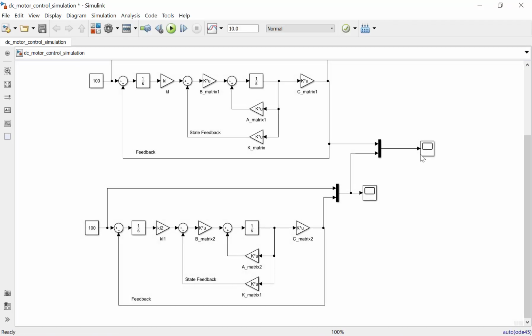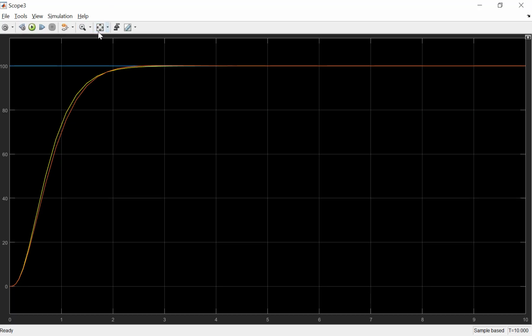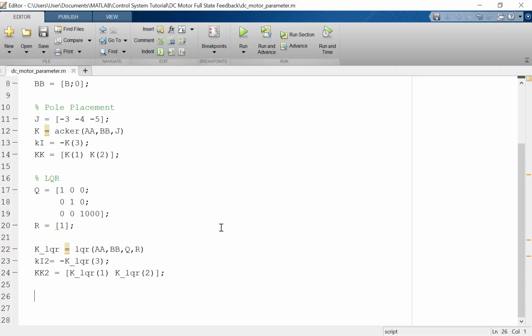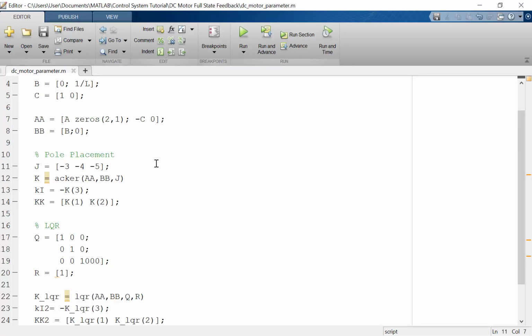The simulation is finished. We can see here the set point, the reference, in the blue line, then the yellow line is the pole placement, and the orange line is the LQR controller. We can change the parameter, perhaps the pole placement.